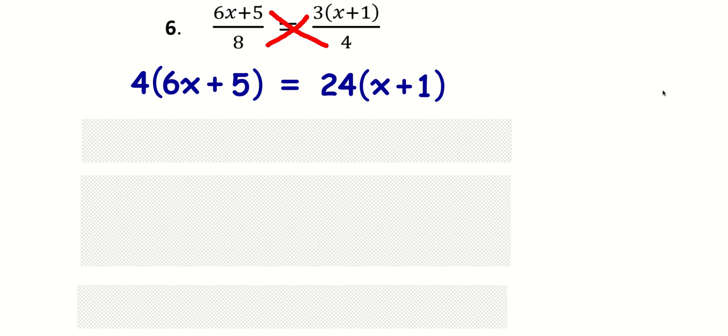So let's talk this out here for just a second, just to make sure you're not confused. This hopefully is not weird at all based on our previous examples. 4 times the entire 6x plus 5. 8 times this. It's 8 times 3 times the bubble. It's not,